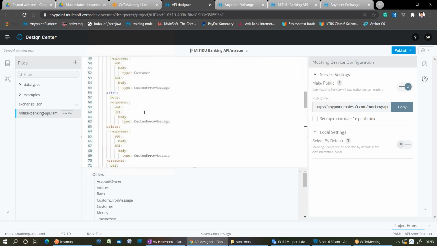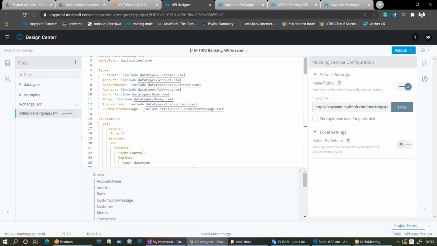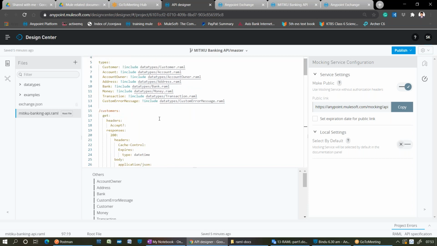Right? So like that, there are repeated codes, repeated methods present under resources. If there is repeated code, yesterday we discussed what is the idea? Create a data type. We can create a data type and refer to it, but here I have a method itself duplicated, not a specific type. Why can't we create a template and refer to the template wherever I require? Can we do that? Yes, right?